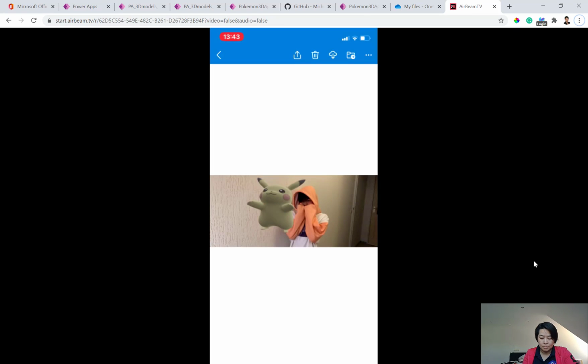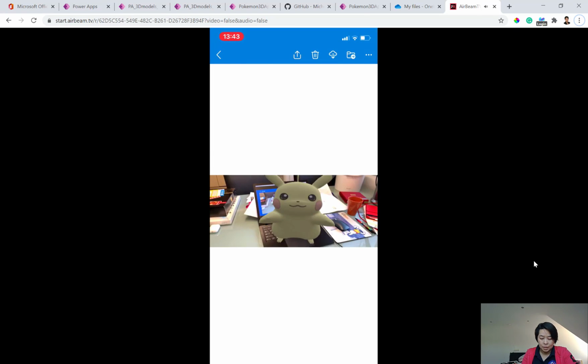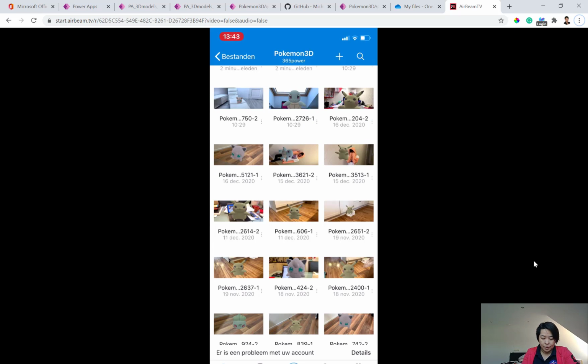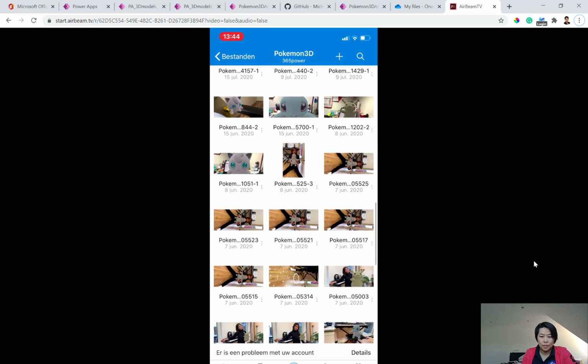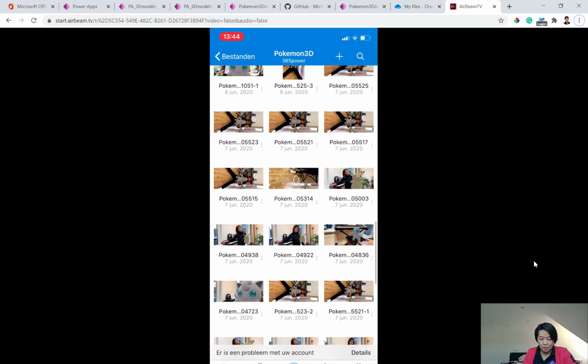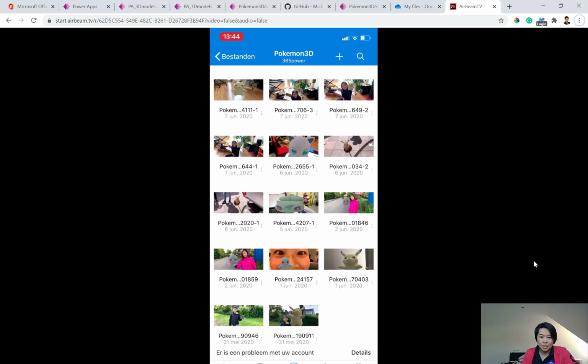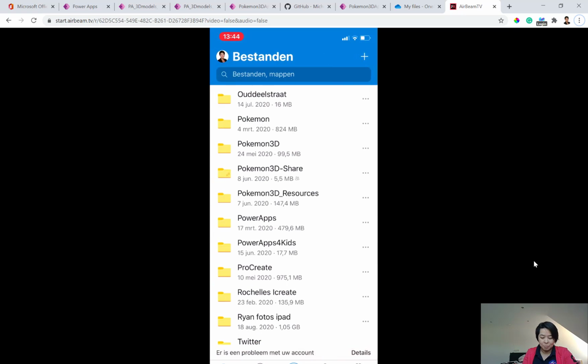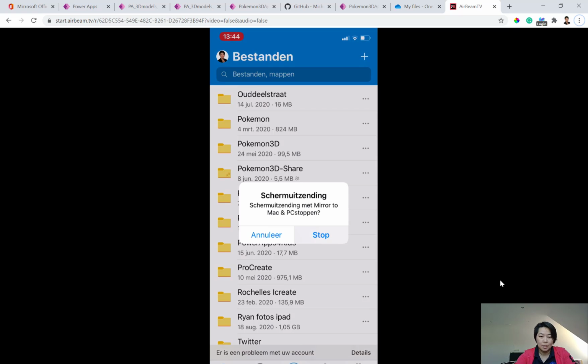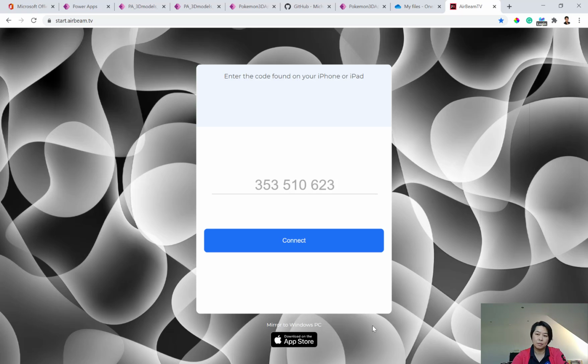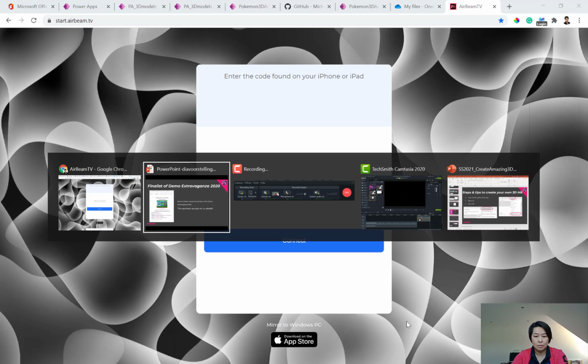You can play around with Pokemons. We create a lot of images and files with this app, so we had a lot of fun creating this. Anyway, just think about the possibilities. Just think what you would like to do, and also see what you can get with this nice feature